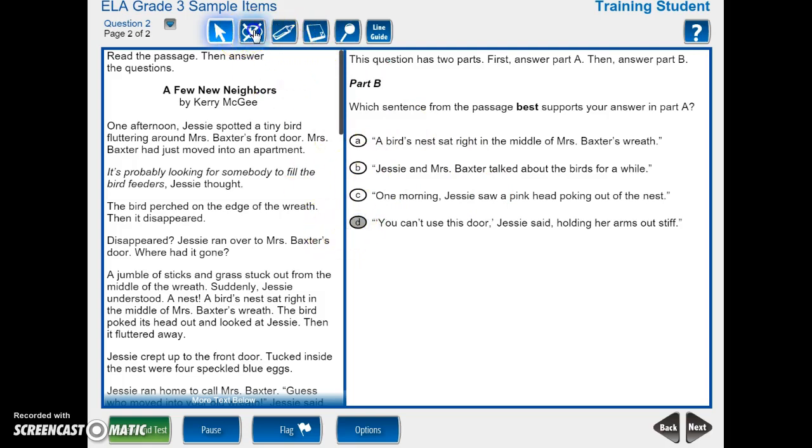And let's get our crossouts here. I like this answer the best because it really shows Jessie is trying to protect the animals. One morning, Jessie saw a pink head. Well, that's nice. She noticed the babies were there. They talked about the birds. That's a good thing, they were talking about them. A bird's nest sat right in the middle of Mrs. Baxter's wreath. That's just a factual thing from the story. But the idea that best supports our answer from part A, and part A is over here,